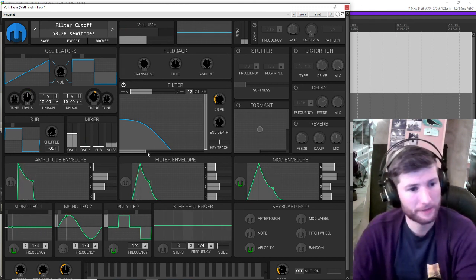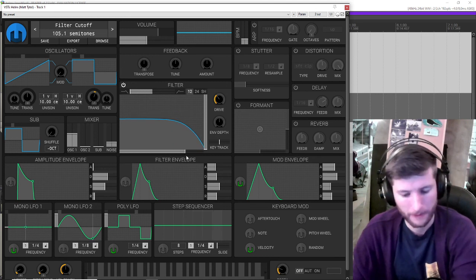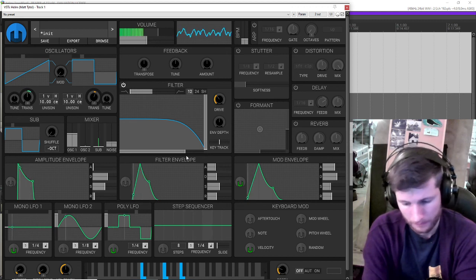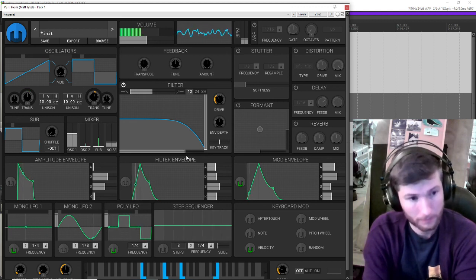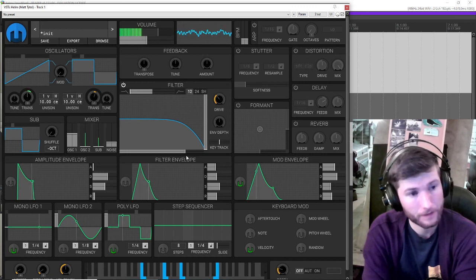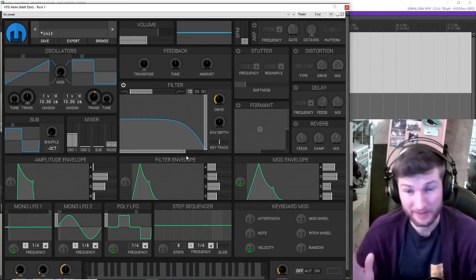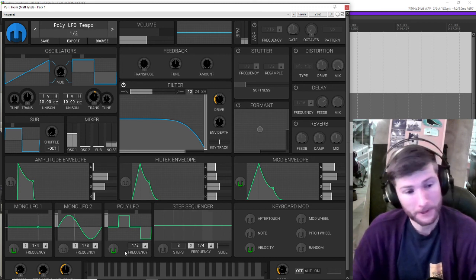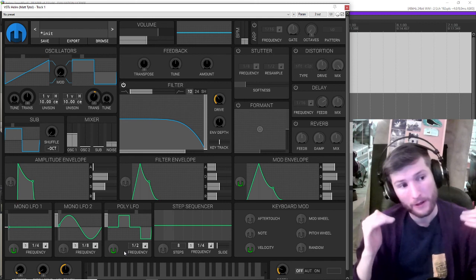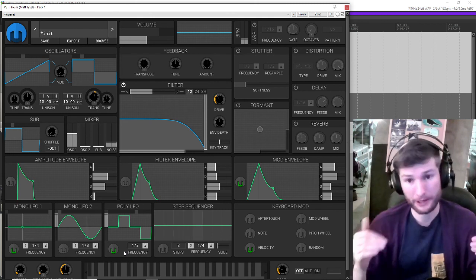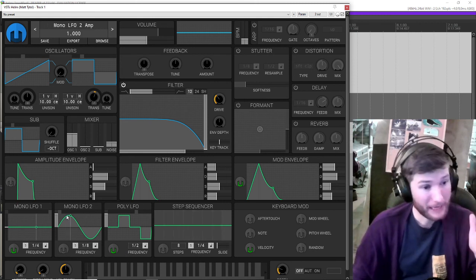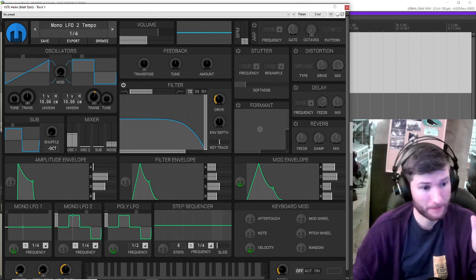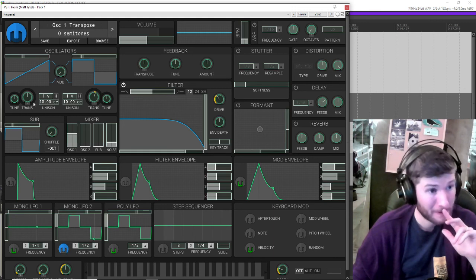Let me get the filter back up so you can maybe hear it a little more. Bit of a mess there, but hopefully, and let me slow this down, hopefully you can hear that those melodies are not in sync with each other. If we had, say, the same wave going at the same speed to the same thing,